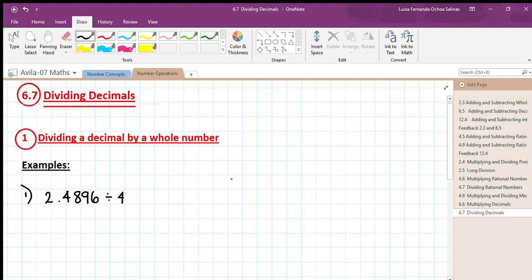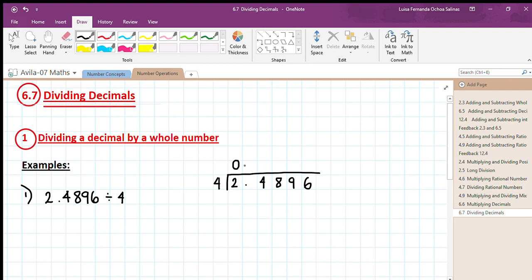I'm going to write one digit per square in your grid, and I'm also leaving the decimal point in a square. Okay, divided by 4. Good. So I start here. How many times does 4 go into 2? It doesn't go, so I have to put a 0, and then because the decimal point is here,